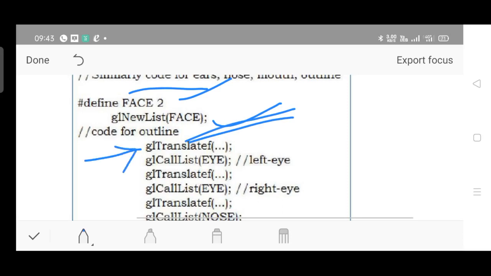So glNewList of face involves drawing a face, and inside that face the various contents should be called, right? What we are doing is locating the cursor at a different location using the translate function. So the translate function needs to be discussed. glTranslatef, which stands for the glTranslate function, locates the cursor at a specific location on x, y, and if it is 3D, x, y, z coordinates. Okay, there are three types of transformations that can be performed.